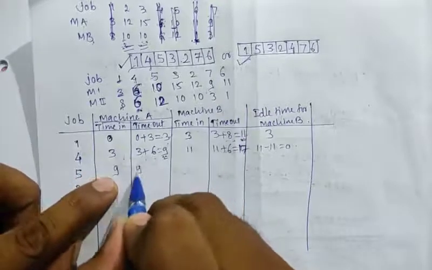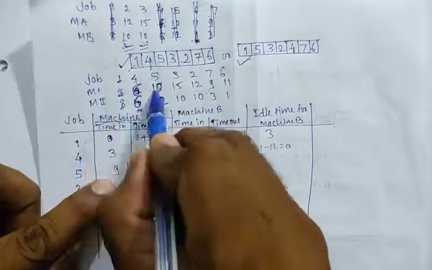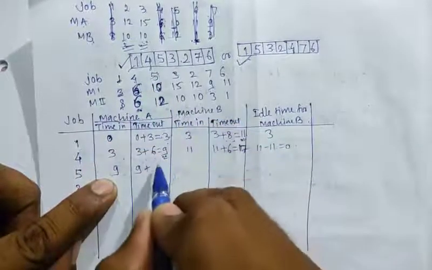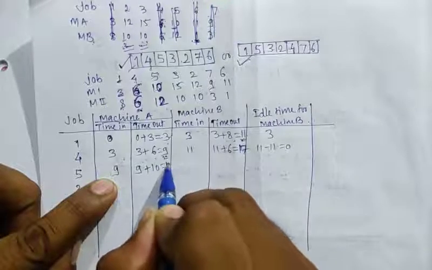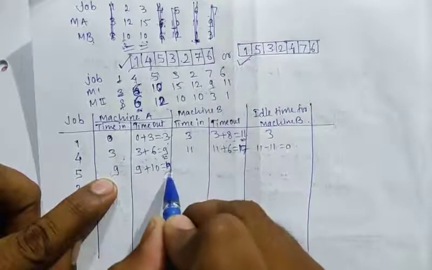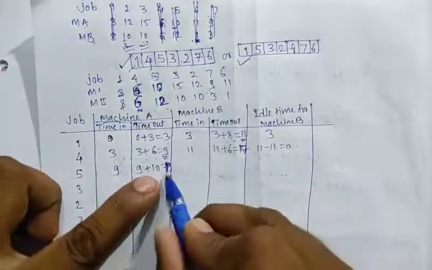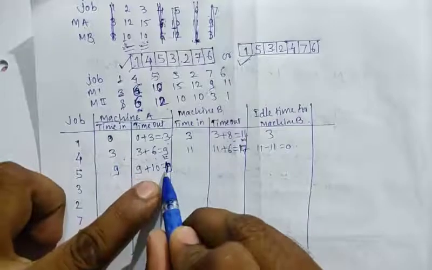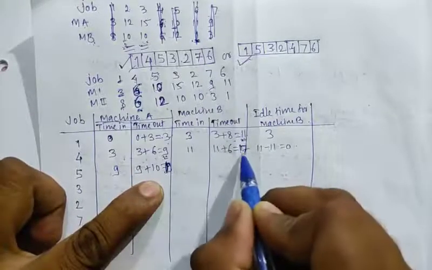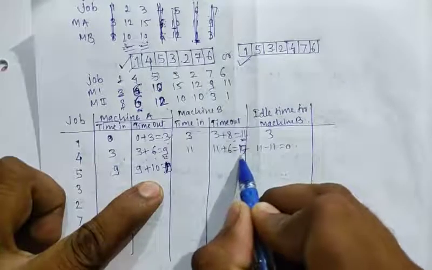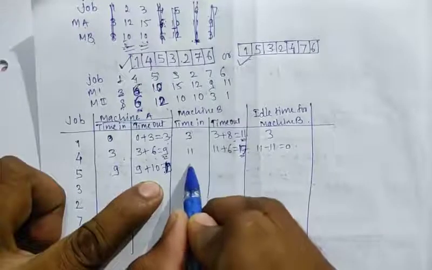Now here again the time out of the first machine is the time in of the second machine, which is 9. Okay, so 9 plus, for the fifth job, machine M1 having 10 hours. So here 9 plus 10 is equal to 19. Okay, which is 19, and here it requires 19 hours. Means the first job is completed after 19 hours, and the second job is completing at 17 hours. So the maximum between these two is 19.